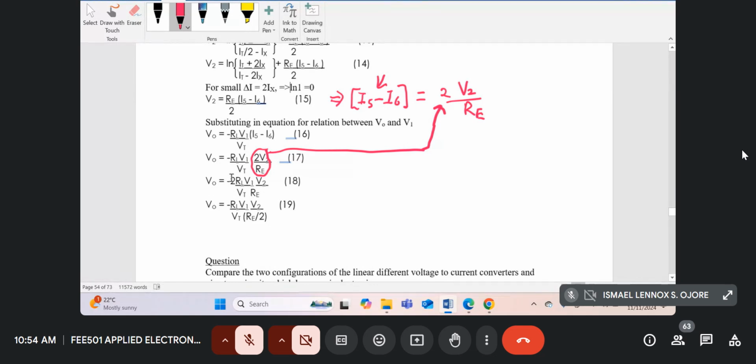Or you can rearrange it further, divide the numerator by 2 and divide the RE by 2. So you get V naught is minus RL V1 V2 over VT RE divided by 2. And this is actually equal to the standard form where V naught is equal to some scalar K V1 V2. So you can see the multiplication is still there. The only difference with this circuit and the first one is that the gain